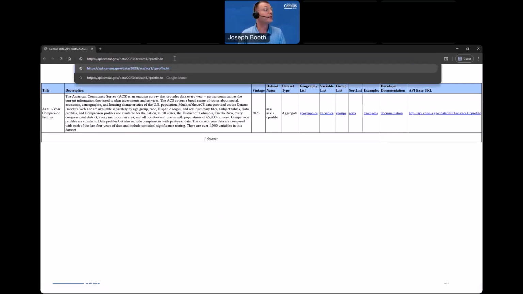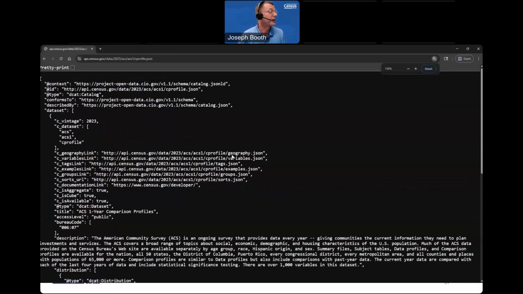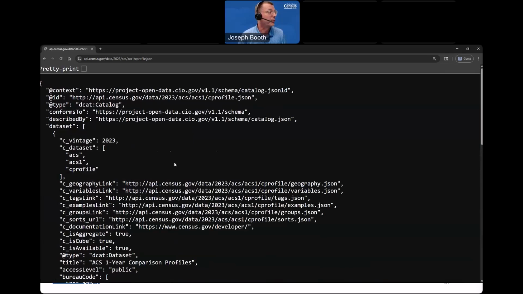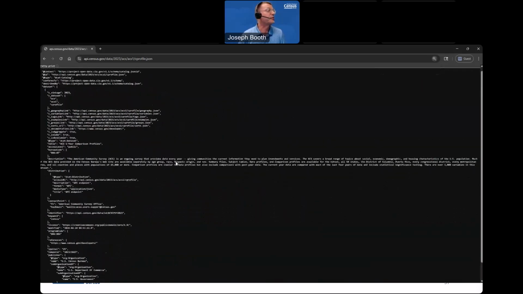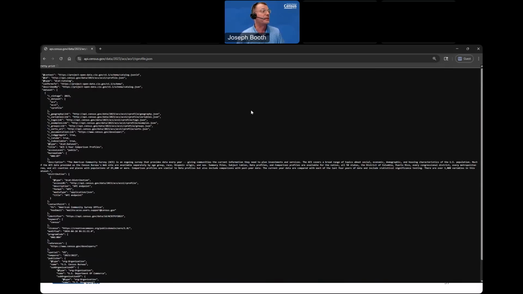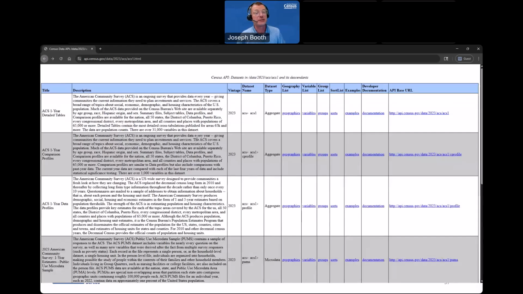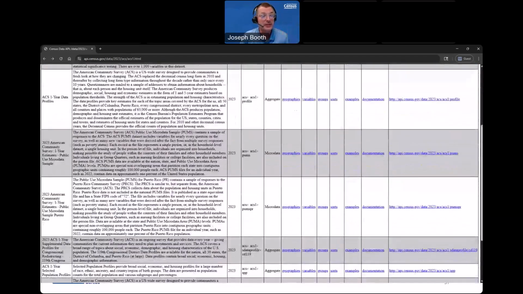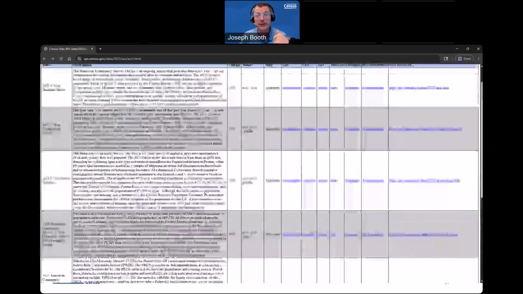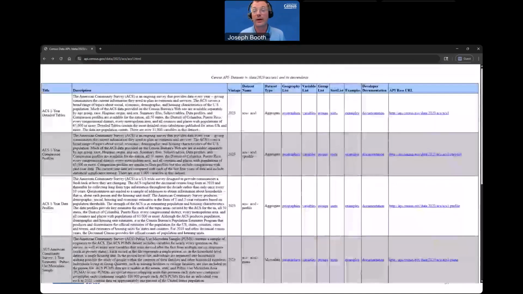And if I throw it over into JSON, here we go, we have the comparison profile here. But when I scroll, there's only one object in this endpoint. So for all of the endpoints other than the detail tables, for all the JSON endpoints, I'm sorry, you're only going to get just the single element returned in your call. So if you're hitting that programmatically, you need to definitely be aware of that. All right, let me flip back over to our presentation here.